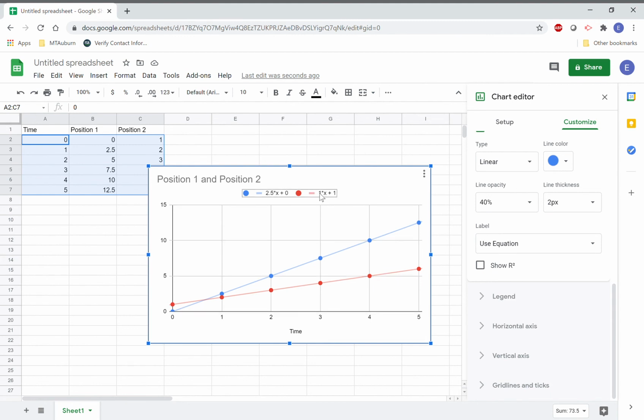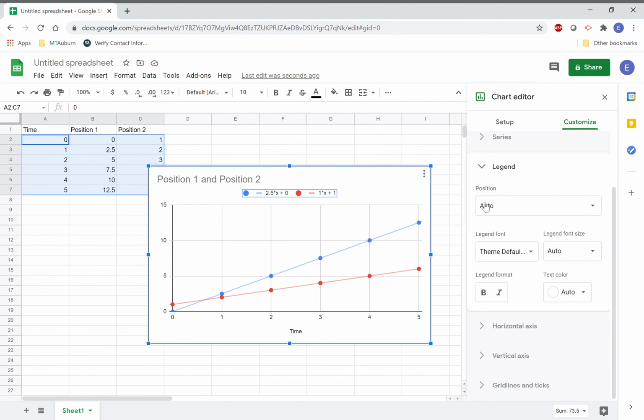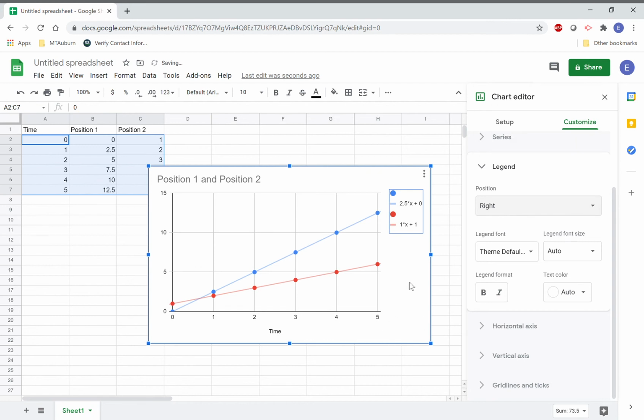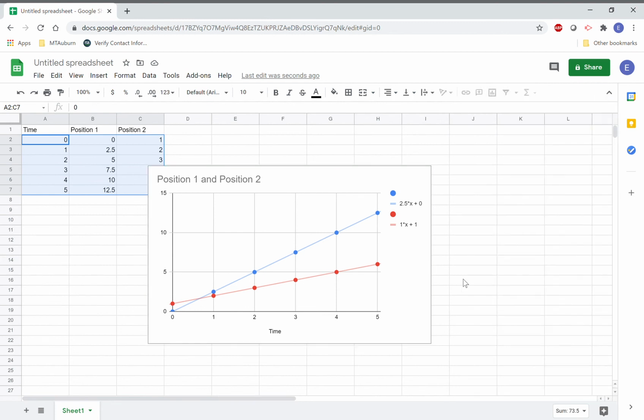If I click on this, it should take me to the place where I can put my legend. Position, I want it to the right. Ta-da. Now it tells me my blue data, this is my equation for it. You can also, I think, change the font and all that sort of fun stuff. But this is all I really need from you in your